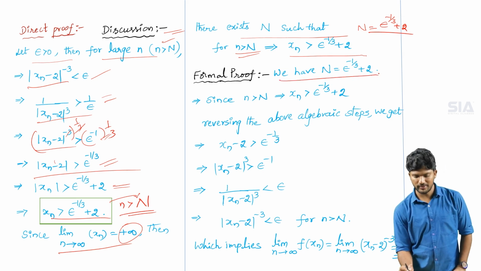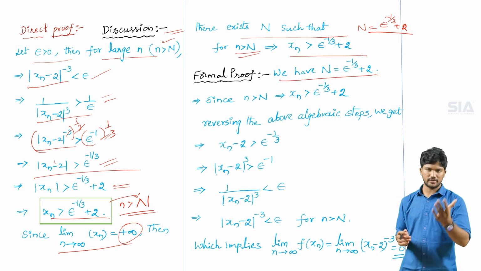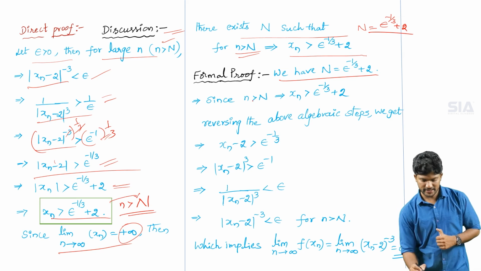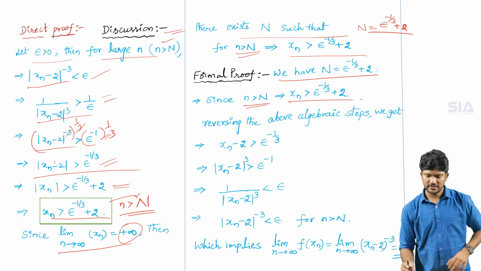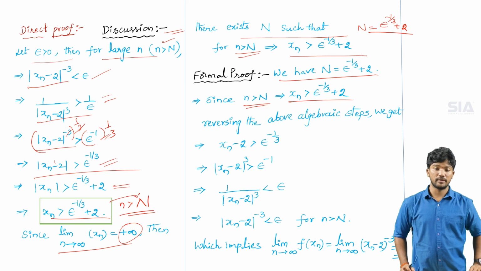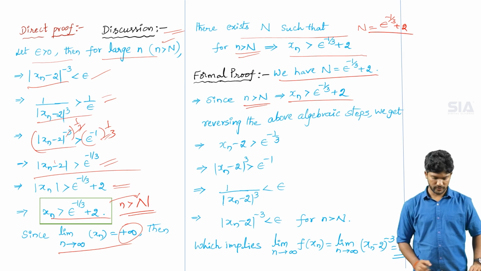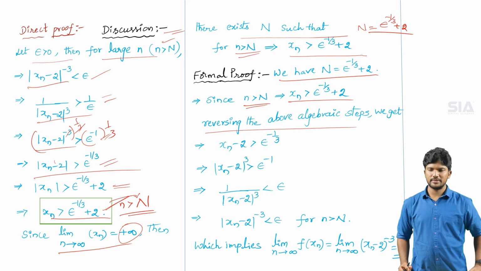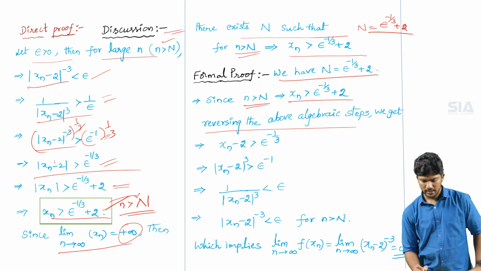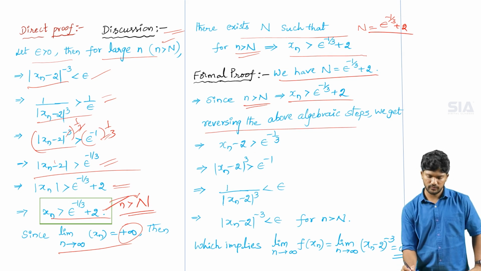Now we have capital N is equal to epsilon power minus 1 by 3 plus 2. Since small n greater than capital N, that means x suffix n greater than epsilon power minus 1 by 3 plus 2 from this condition. Okay, so reversing the above algebraic steps we get that, so xn minus 2, so if you send this plus